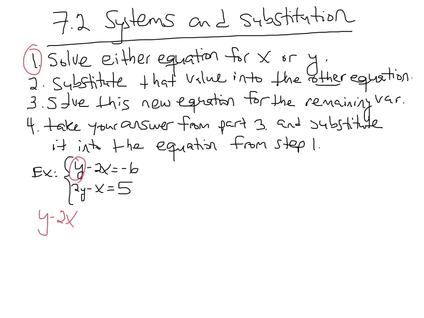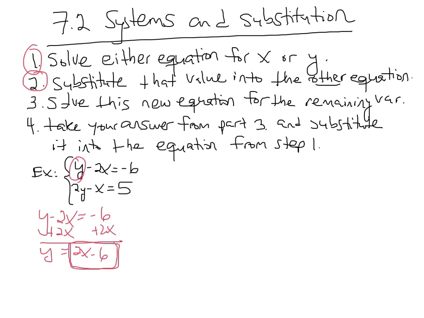The first equation is y minus 2x equals negative 6. And to solve for y, I just have to add 2x to both sides. I get y equals 2x minus 6. So that's step 1. Step 2 says substitute that value, and by that value I mean what y is equal